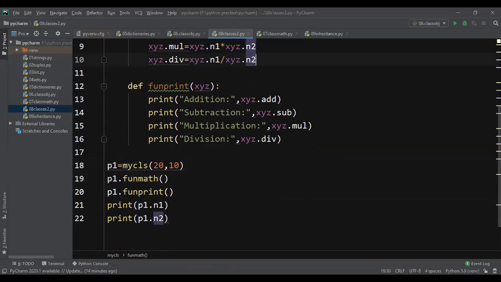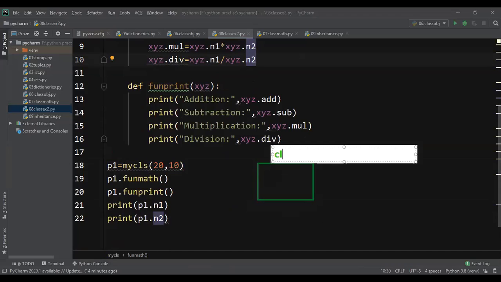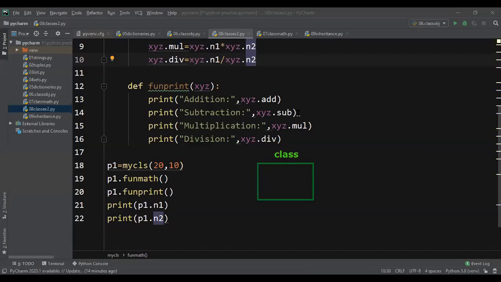One minute. So now here, this is your class, and for this class we have created one object.